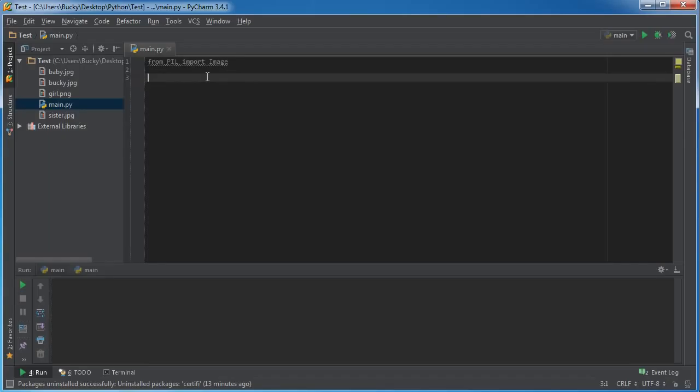So the first thing we need to do is create some kind of object from this image class, a Pillow object. So I'm just going to name my object img. It's the most boring thing I possibly could have thought of. Alright, so in order to create an object,